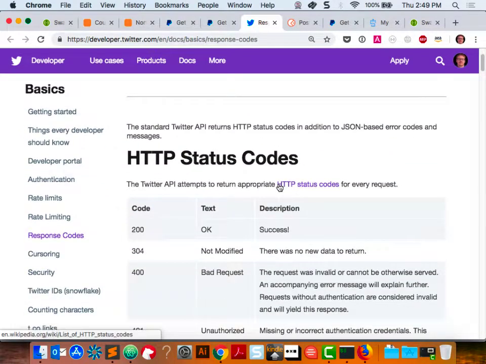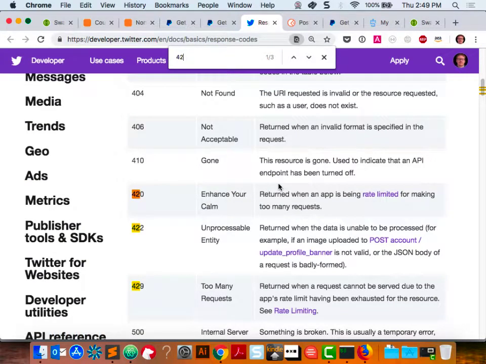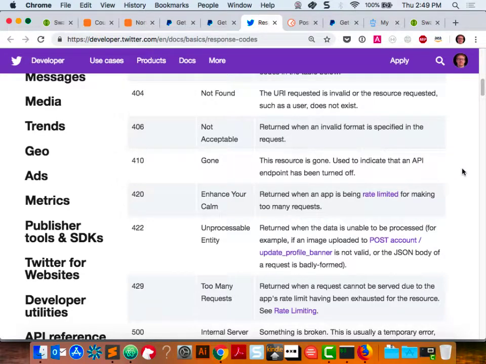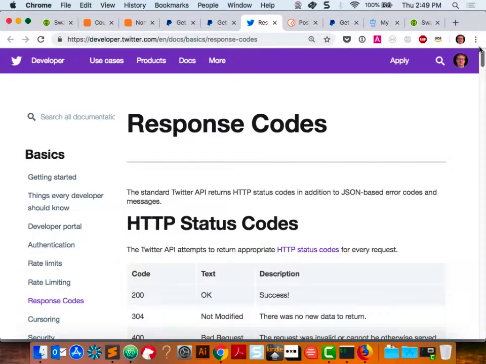You did see it? I didn't see it. It's on the other page. Enhance your calm. When an app is being rate limited for making too many requests. I wonder if that's real or if that's just a joke. Anyway,